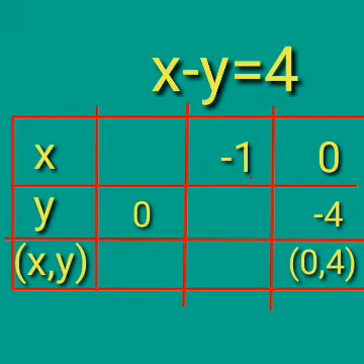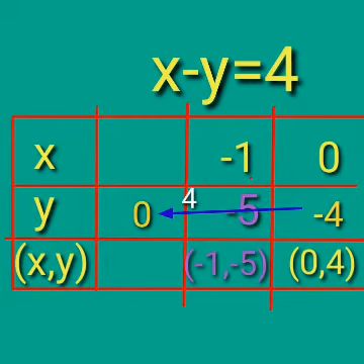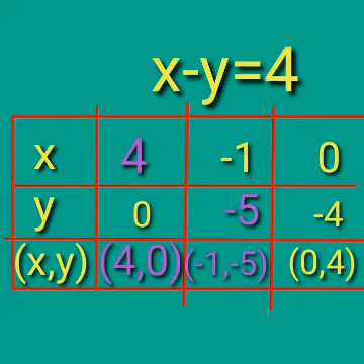In the second equation, the coefficient of y is minus. Here both the values of x and y either increase or decrease. See the value of x, 0 to minus 1. The difference is minus 1. Minus 4 minus 1 is minus 5. See the value of y, minus 4 to 0. Here the difference is 4, so the value of x, 0 plus 4, is equal to 4. In the last column, 4, 0. Take our answer with both the values of x and y.